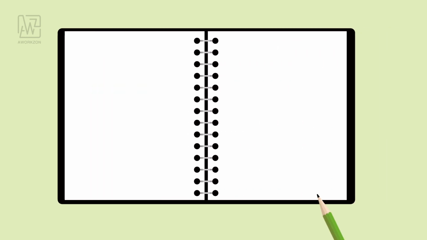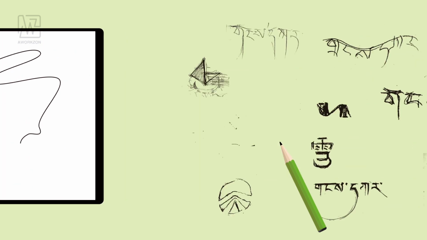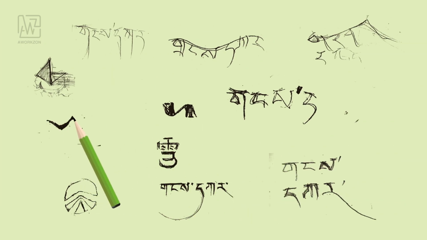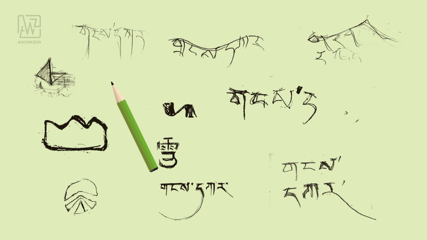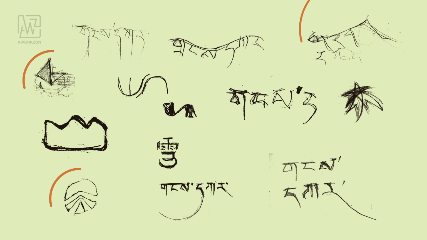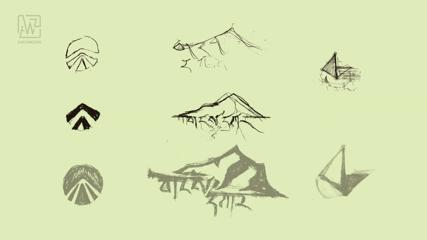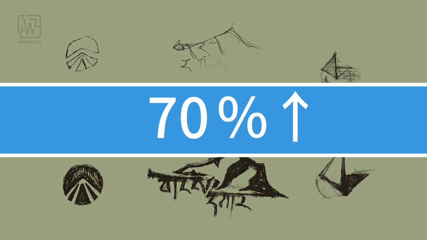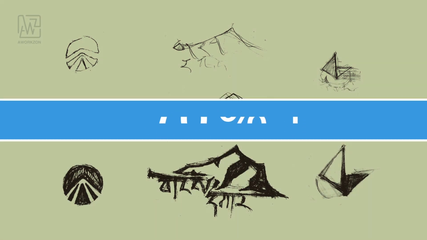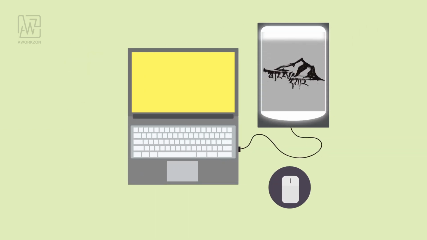To design a good logo, we'd better start with our most familiar tools, paper and pencil. You don't have to work on every detail on the sketch. What you should do is to draw as many logos as you can think of. The more the better. When you get a certain number of sketches, choose the best ones of them and improve them. You should improve them by over 70 percent, because that will ensure you are not controlled by the software. With a scanner or a camera, you can import the image into the computer.